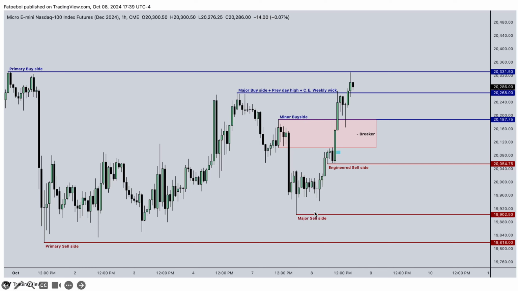We see a low, high, lower low, higher high. So this is the bullish breaker. It's a bearish breaker as annotated here, but it's actually a bullish breaker. And then the primary buy side that we're looking for after this, to take out this and then go lower,